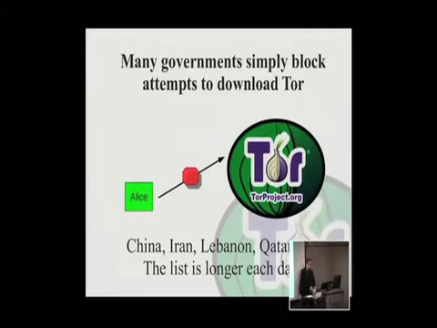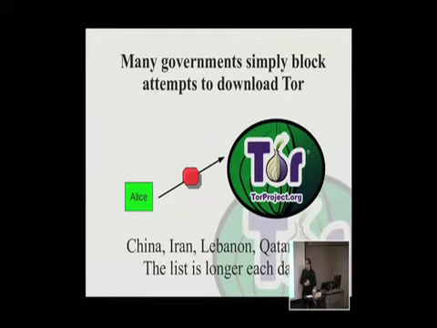Another thing that's kind of hilarious: in some of the places I've traveled, when I try to log on, I have a history of working for places that like to get blocked on the internet. I used to work at a small independent film company that specialized in online rehabilitation videos. And that was always blocked everywhere, for various reasons. Also because they're fascists. But Tor is blocked everywhere as well.